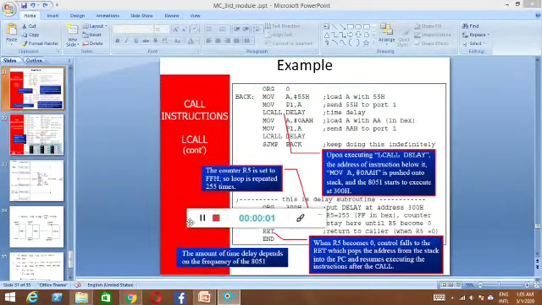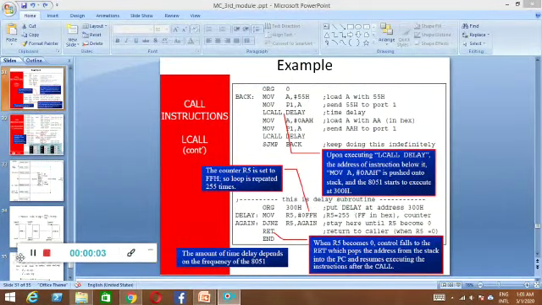So next we are going to look into some of the examples for jump and call instructions, right? So here we have an example. This will start with ORG 0H, MOV A, #55H, MOV P1, A. So the accumulator is loaded with 55H, and P1, that is port 1, is loaded with the value 55H. Then we are going to have a call, LCALL DELAY, right?